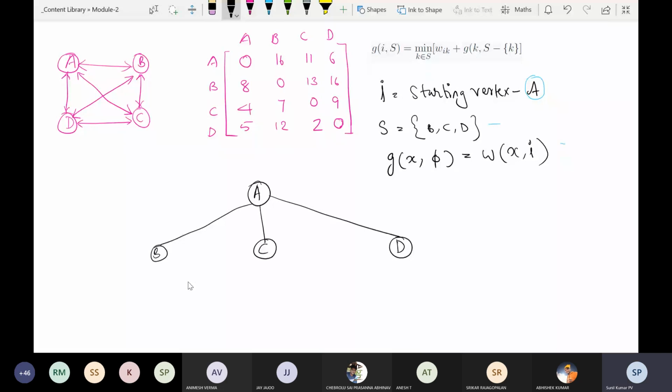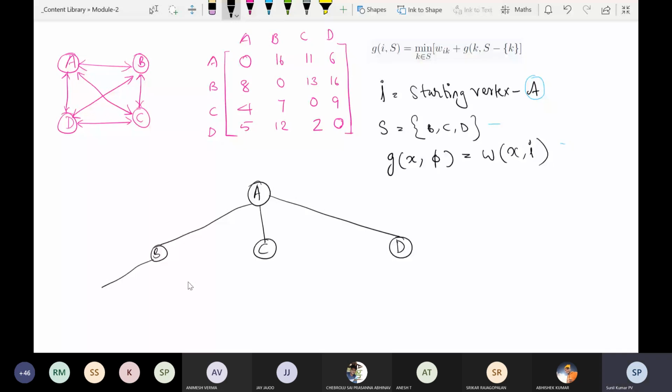From B, he has started from A, according to the problem's requirement. He started from A and reached B, which means he will not go back to A, because he has to visit all other nodes before going back to A. So from B, the options are C and D.